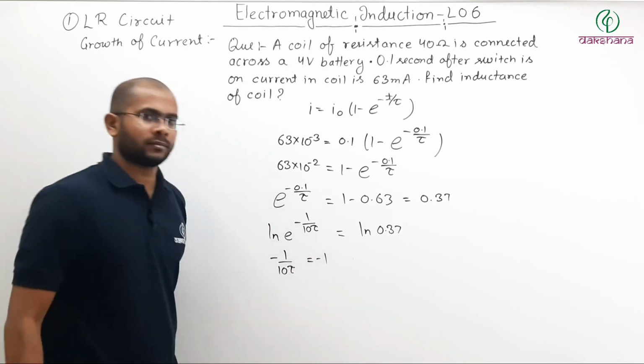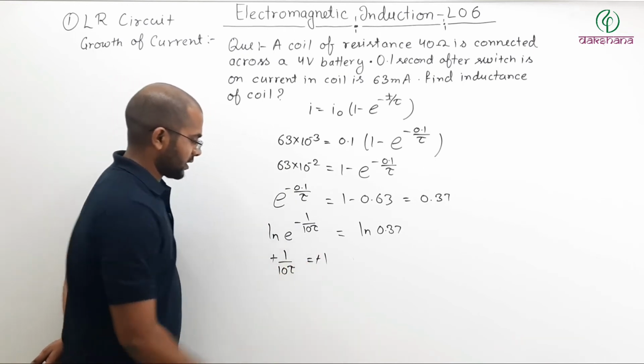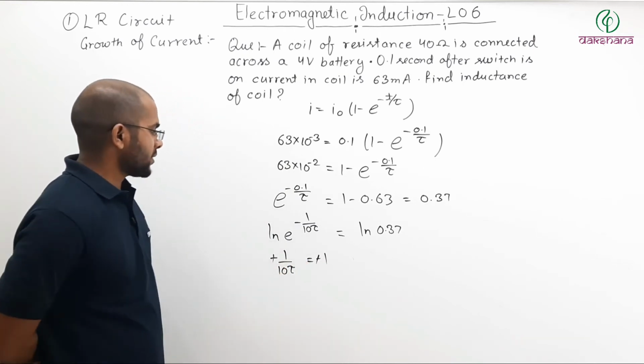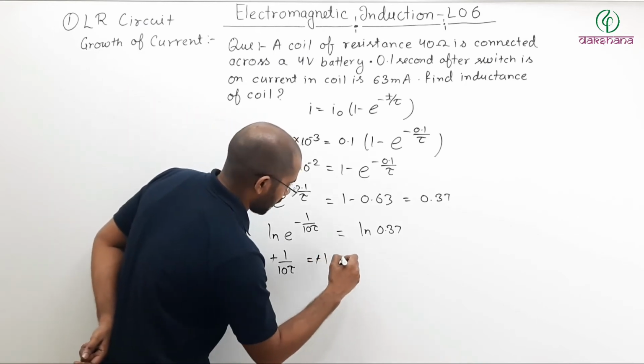So minus 1, the minus signs cancel, so 0.1 divided by tau equals 1. So tau equals